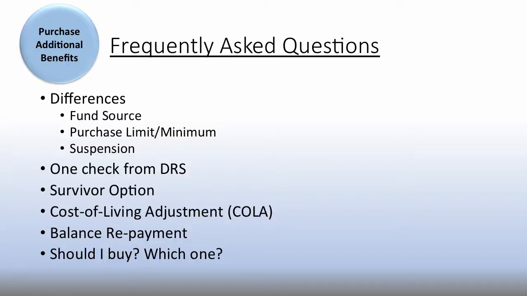The benefits are indistinguishable because they are subject to the survivor option, and it does have a cost of living adjustment. So if you pick a survivor option for your benefit, that same survivor option will be applied to your annuity or purchased credit. You cannot use a different survivor option for the different pieces. For all intents and purposes, it looks like one benefit. So it's going to use the same survivor option, and it will have a cost of living adjustment, the exact same application as your pension. We'll talk about that for a moment.